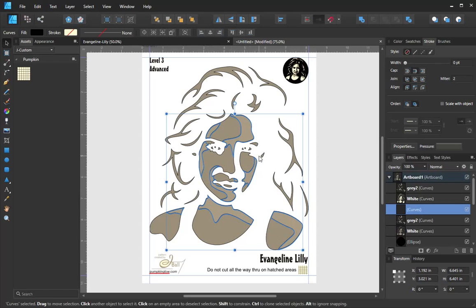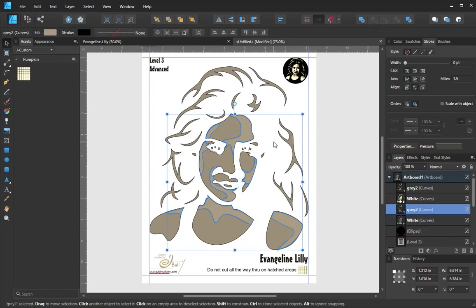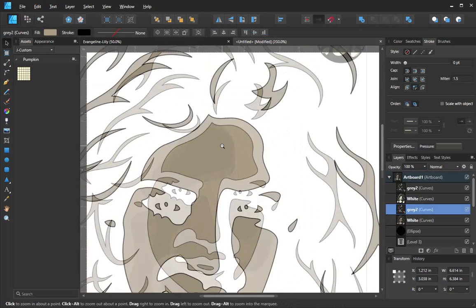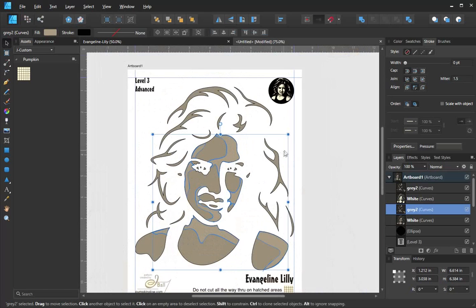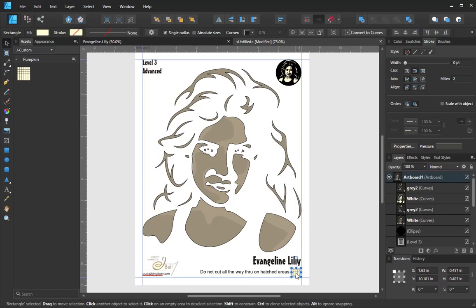Now I want to select both the newly created curve path and the gray path and subtract. Now you'll notice, if we zoom in, I can see my line. It's basically had the effect of offsetting that path. Now I need to make this, or excuse me, yeah, this gray gridded like this. I think